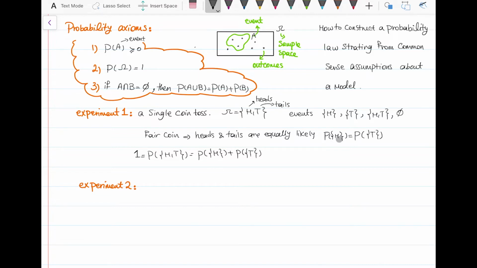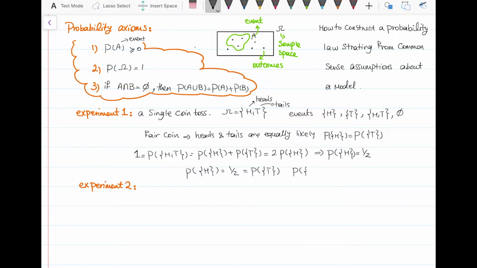Now since the probability of heads and tails are equal to each other, I can replace the probability of tails with the probability of heads. So I get 2 times the probability of heads. Therefore, 1 is equal to 2 times the probability of heads, so the probability of heads is 1/2. So see what we got. We got the probability of heads equals 1/2, and it's also equal to the probability of tails